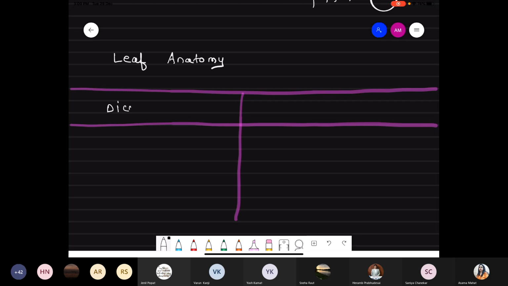Make a scenario, okay. So I always write dicot toward the left hand side because whatever the information is, it is already printed in my brain. So I always write dicot first, then I compare each point with monocot. It's your strategy. If you want to write monocot first toward the right hand side, you can. Because otherwise, when the side is decided, you remember the points. Below, the first point is this one, then the second point, then the third point. So you can easily link each point of dicot to monocot.